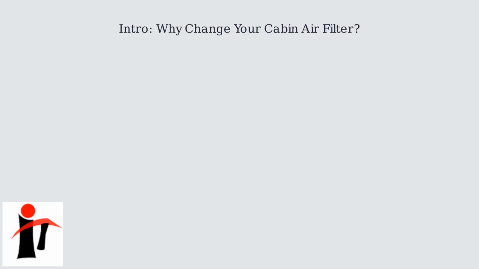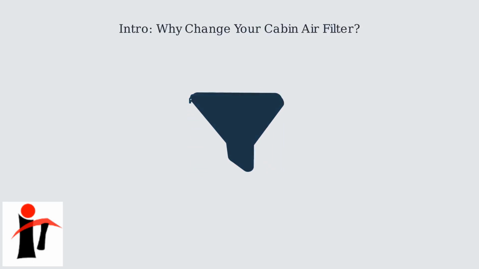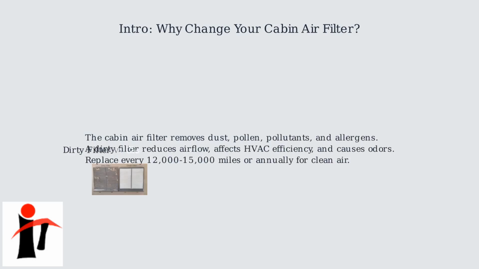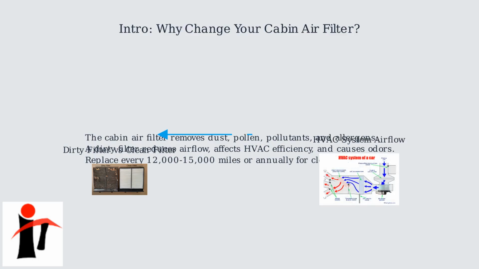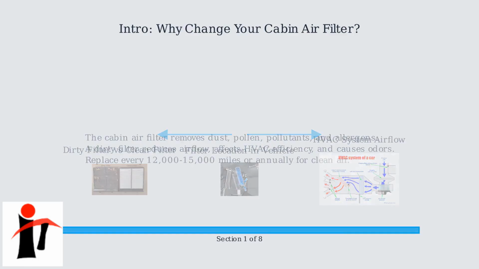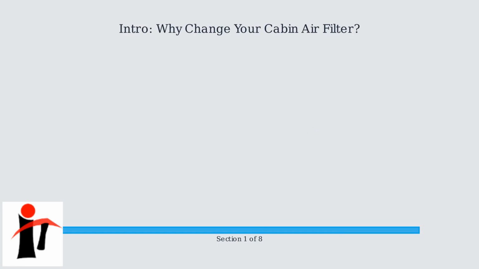The cabin air filter in your 2021 Tesla Model Y is crucial for maintaining clean air inside your car. It filters out dust, pollen, pollutants, and allergens, ensuring a healthy and comfortable driving experience. A dirty filter can reduce airflow, impacting your HVAC system's efficiency and potentially causing unpleasant odors. Regularly replacing it, typically every 12,000 to 15,000 miles or annually, is a simple DIY task that can make a